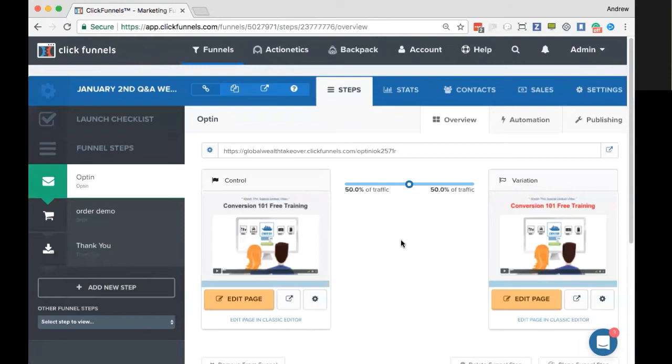Now, if you had it set up where it was your funnel, then ClickFunnels would actually cookie them all the way through the steps, and it would actually populate the information they'd put. So if they put their name and their email address on a previous step, it would populate into those fields automatically. It's not going to do that by passing them from one funnel to a funnel on another account. So hopefully that helps clear that up.